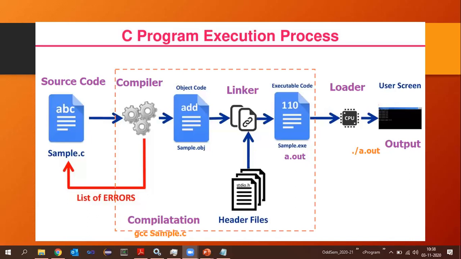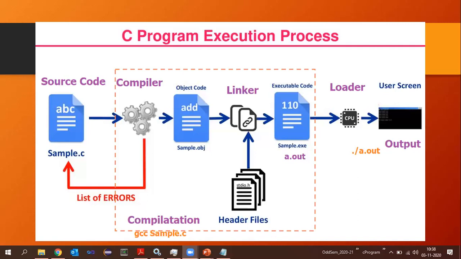If the programmer makes mistakes in that, such errors are called syntax errors. Third is the compiler, a software that translates the programming language into machine code. In simple terms, it converts the source code into machine understandable code.